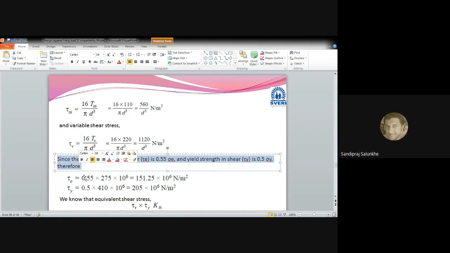Now here for the endurance limit also, the principal endurance limit stress, either tensile or compressive endurance limit stress, is actually 0.55 times that endurance shear stress. What I said,